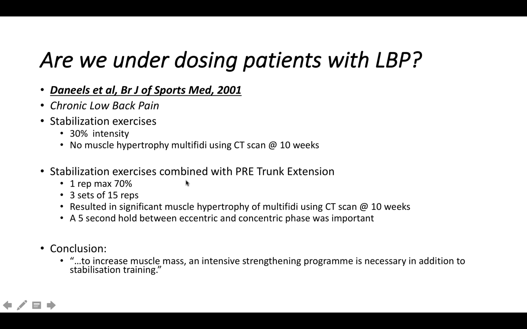However, stabilization exercise combined with progressive resistive exercise of trunk extension, 1 rep max, 70%, 3 sets of 15 reps, resulted in significant muscle hypertrophy of multifidi using CT scans. And essentially, the best exercise required a 5-second hold between the eccentric and concentric phase. The progressive resistance exercise was like over a Roman chair, so they were horizontal, flexing and extending,